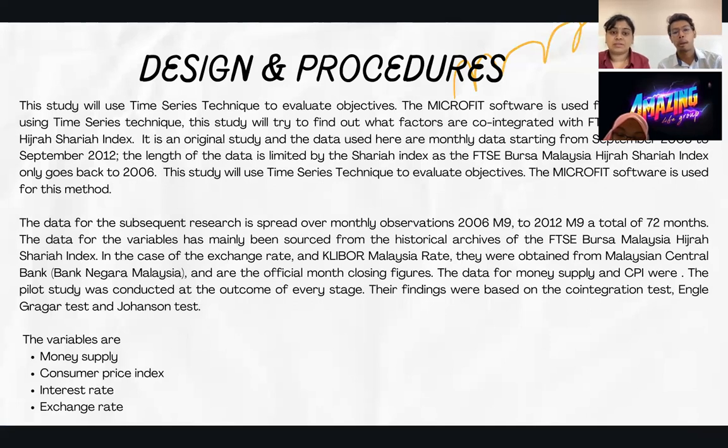This study will use a time series technique to evaluate the objective. The data of the subsequent research is spread over monthly observations from 2006 to 2012 with a total of 72 months. The data for the variables has mainly been sourced from the historical archives of the FTSE Bursa Malaysia Hijrah Sharia Index. In the case of exchange rate, the Malaysian ringgit rate, they are obtained from the Malaysian Central Bank and their official month closing figures. The data for money supply and CPI were